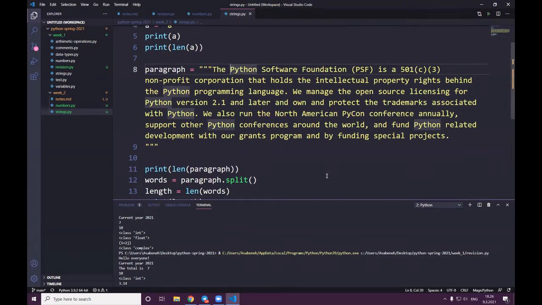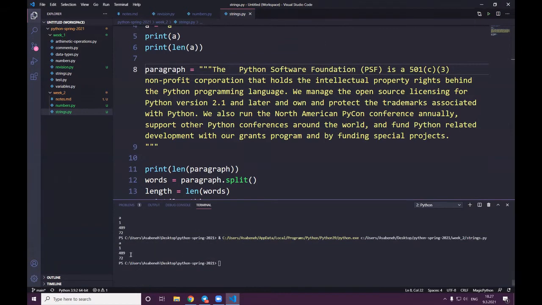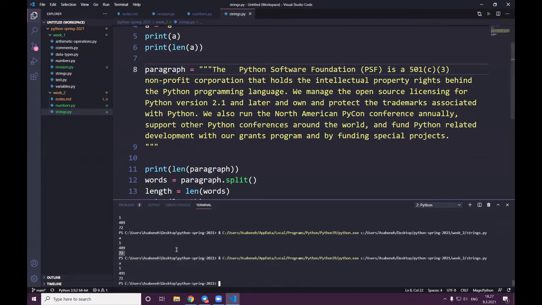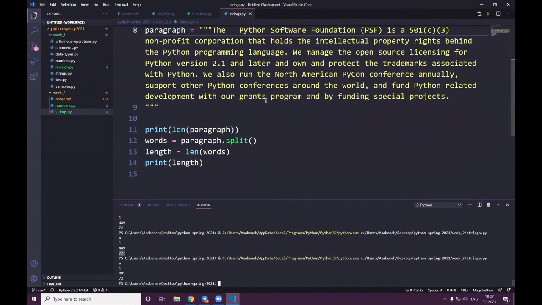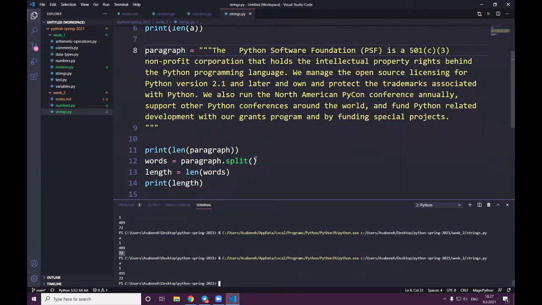But manually, let's add extra. Now we have 3 spaces. And most probably we may still have 72, let's check. Yeah, because it's removing the extra spaces and just counting the words. But if you do this,